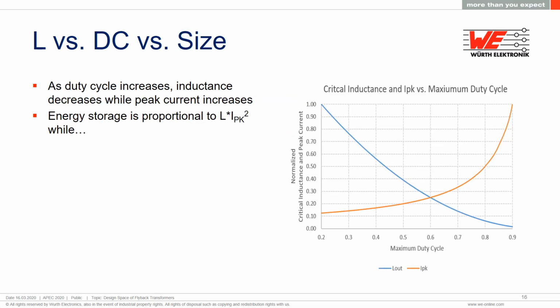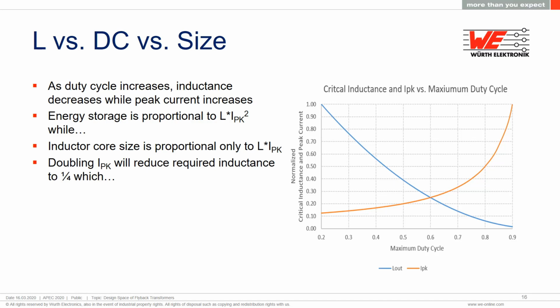Here's an important point to grasp: inductance versus duty cycle versus size. As the maximum duty cycle increases, the inductance needed decreases while the peak current increases. We know that energy storage is proportional to inductance times peak current squared, while the inductor size is proportional only to inductance times peak current. Recall that E dt equals L di. If we double I peak, it will reduce the inductance to 1/4, and that will reduce the required core size